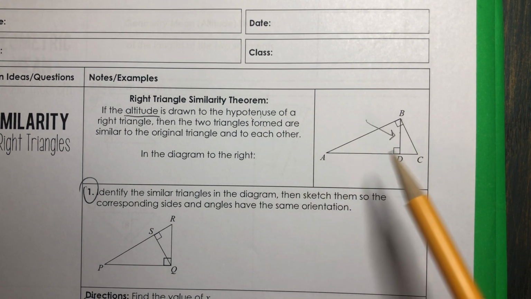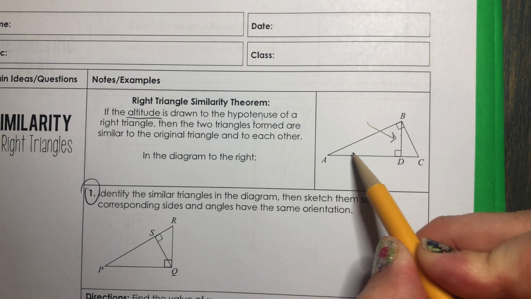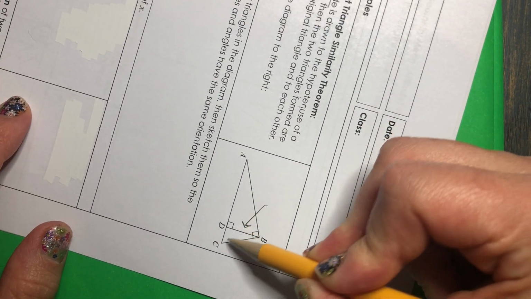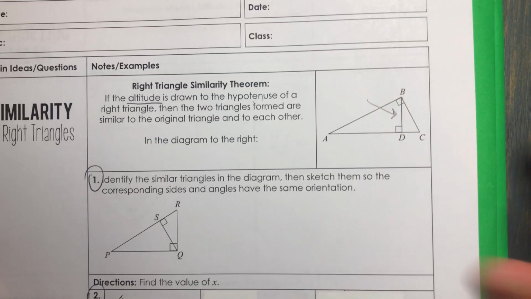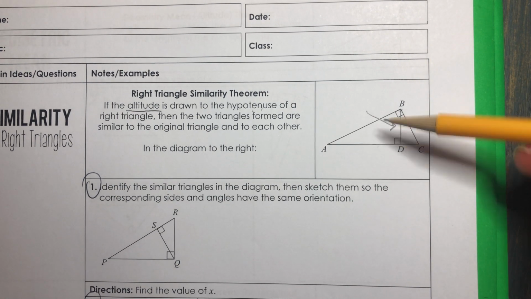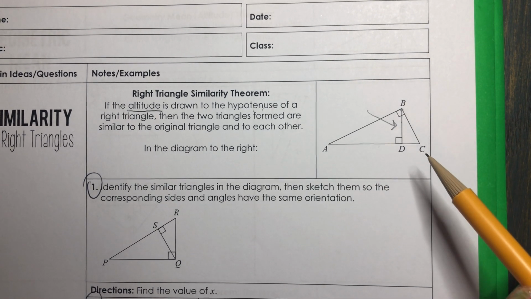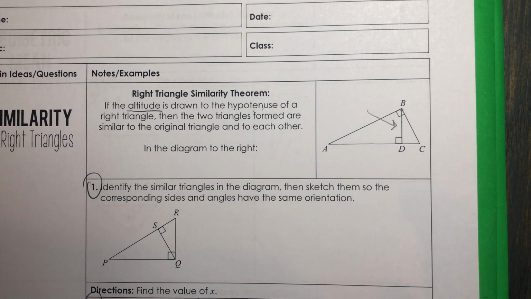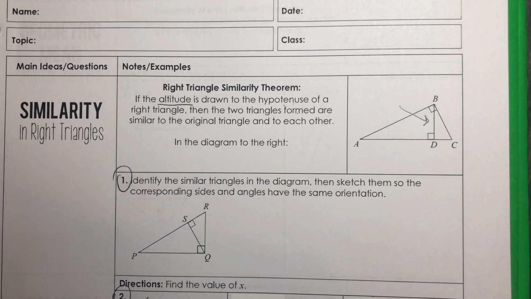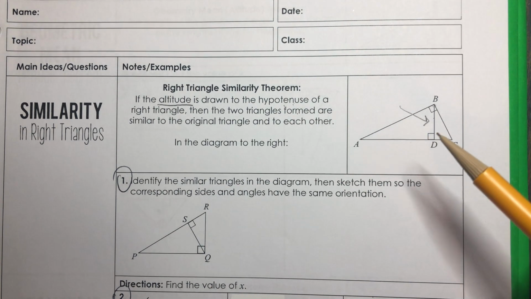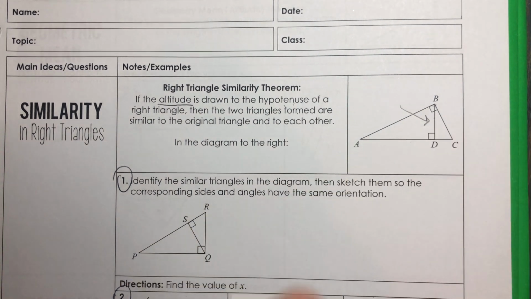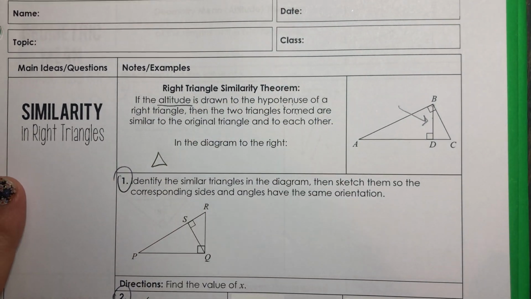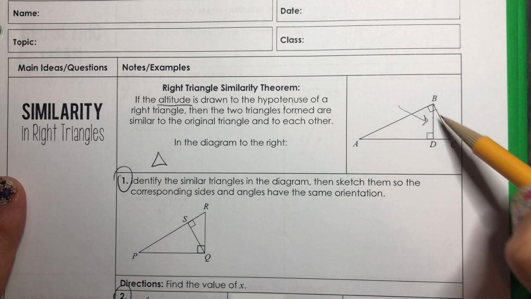So our theorem says that as long as this altitude is drawn to the hypotenuse, which if we turn this to the side, okay, our original right triangle was here. Here's our right angle, so across from it is the hypotenuse. So as long as that altitude is drawn to the hypotenuse, then the three right triangles now are all similar to each other. So let's just write a similarity statement for those three. Now, similarity statements, remember, you have to keep the same order. So there's more than one way to write them sometimes, but I'm just going to go with one particular order and say that triangle ABC